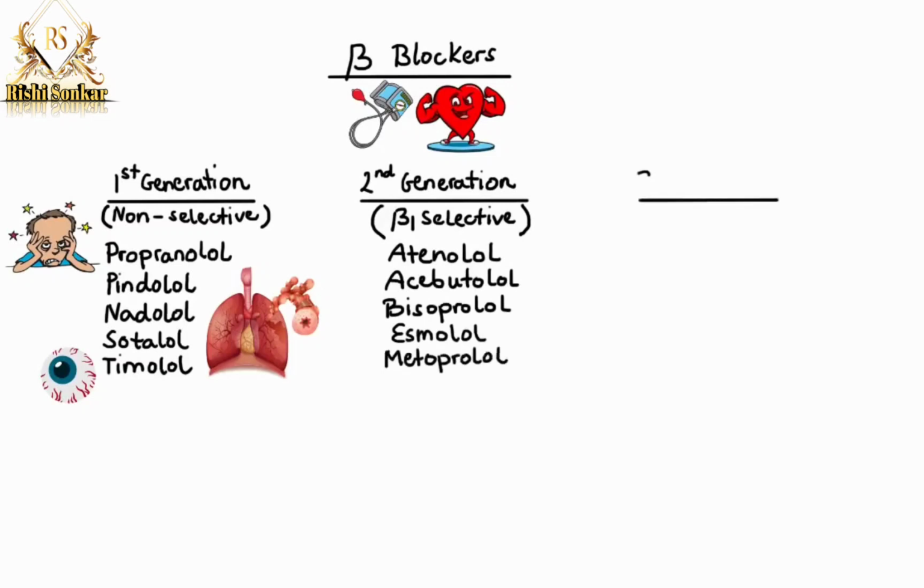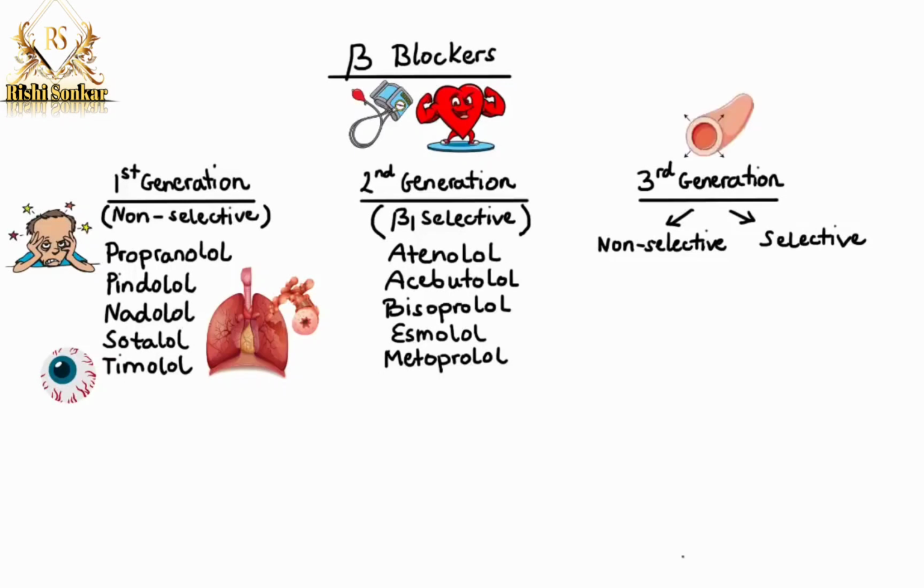Now, let's move on to the third generation beta blockers. And here you need to pay special attention because things can get a lot trickier. Unlike the first generation group that included non-selective agents, and unlike the second generation group that included selective agents, the third generation group includes both non-selective and selective beta blockers. However, what makes the third generation beta blockers different from the other two is that they also act on blood